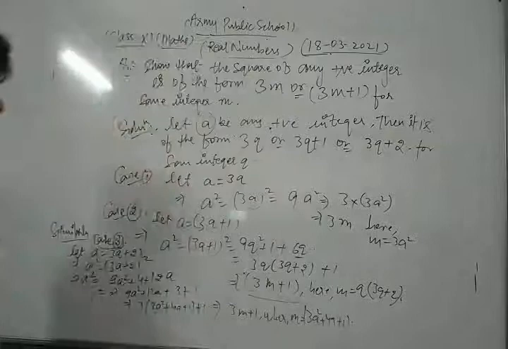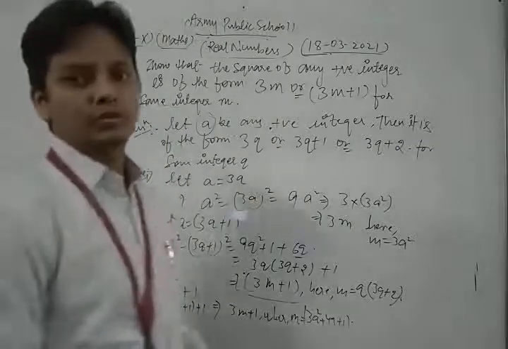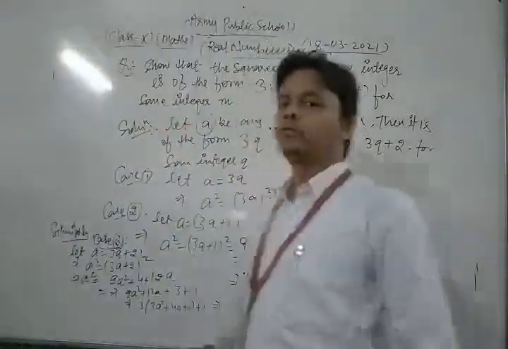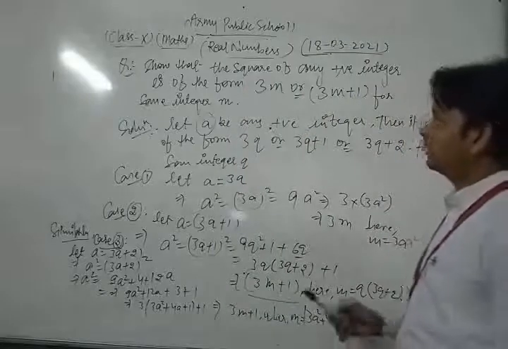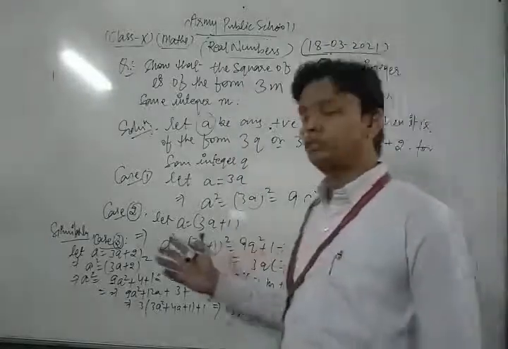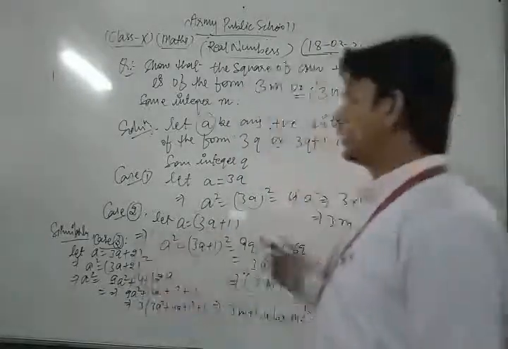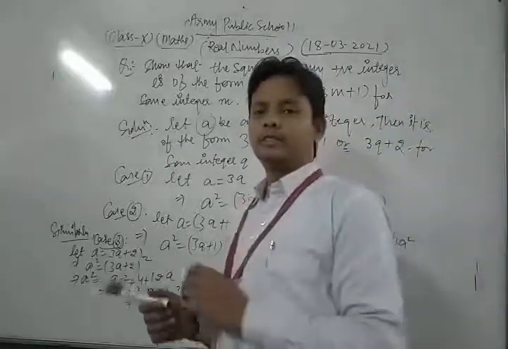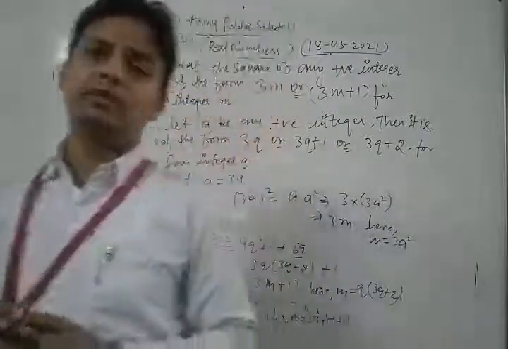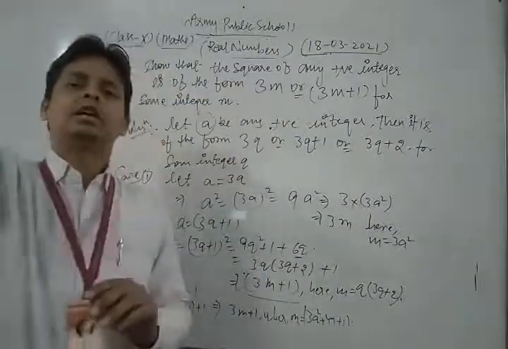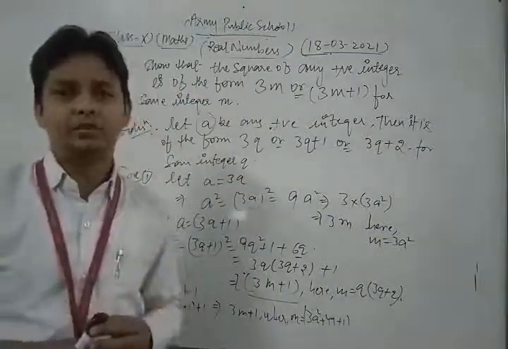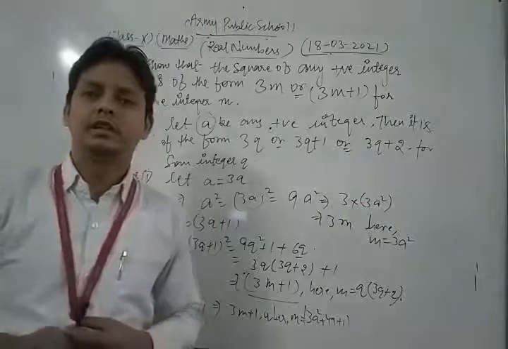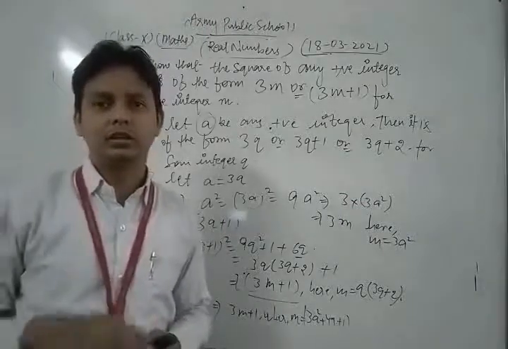Okay, listen, thus hence proved. Thus, dear student, in this way we can say that every square of any positive integer is of the form 3m or 3m plus 1. So this is the process, dear student, to solve that type of question. Please do more and more practice of that type of question. After that you can solve each and every question of your NCERT exercise based on the topic Euclid division lemma.